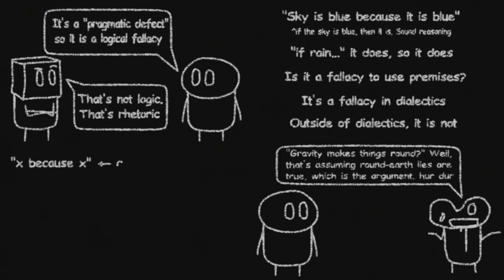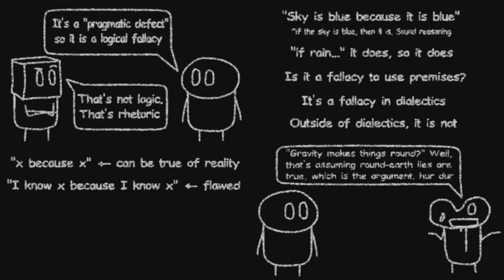Obviously, as I have said, if the sky is blue, then the sky is blue. This is a truth about reality, and in that, circular reasoning is not ontologically flawed. If something is true in reality, then it is true. The issue with this, however, is that even though our statements are often about reality, they also implicitly contain a claim of our knowledge about reality. If I tell you that grass is green, it is either because I believe or I know that grass is green, and I'm trying to share that knowledge with you so that you know it as well.